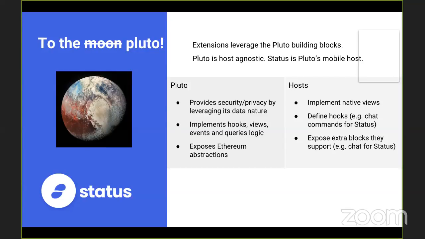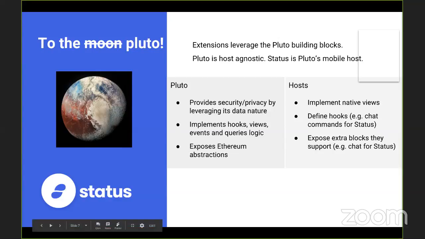So Status is the mobile host for Pluto, but you can imagine other hosts, like for instance, a web-based host. And actually, we are using the web-based host to perform more tests and to simplify the development of Pluto. So yeah, that's kind of what I wanted to detail here.